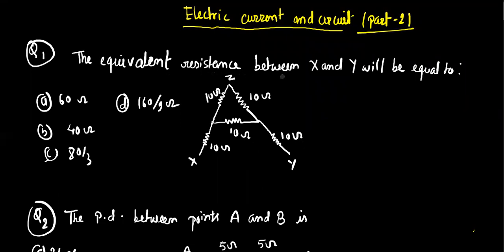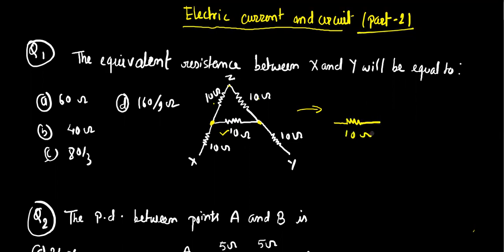The equivalent resistance between X and Y of this circuit is, okay, so first of all we have to analyze this circuit, and if we make this circuit easier, then we can see that from this point up to here, the 10 and 10 ohm resistances are in series, and this is in parallel combination with this particular 10 ohm resistance. So it can be simplified as